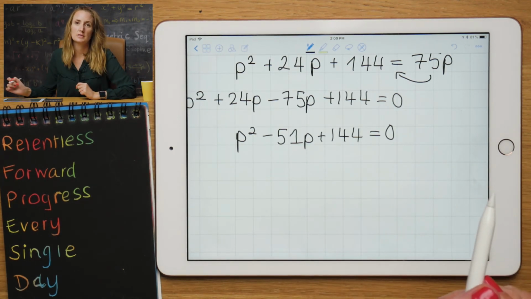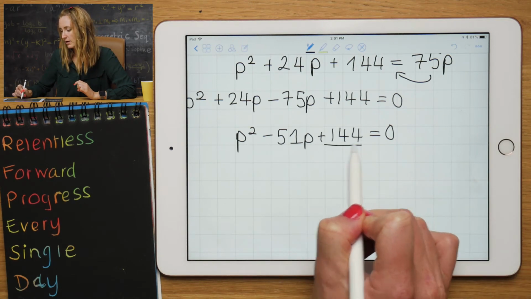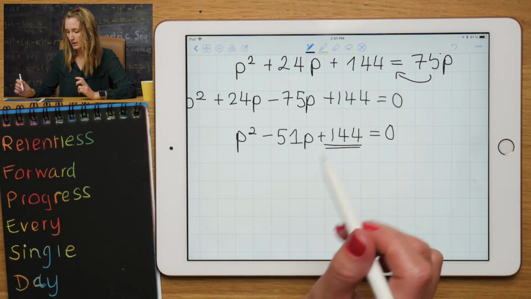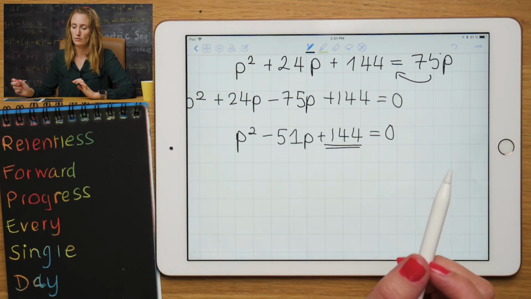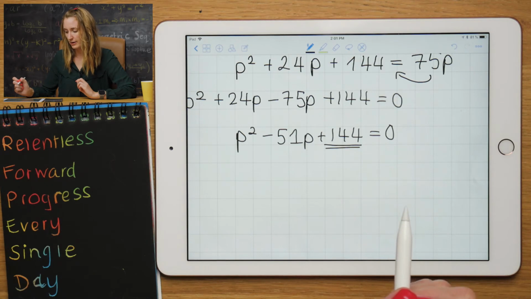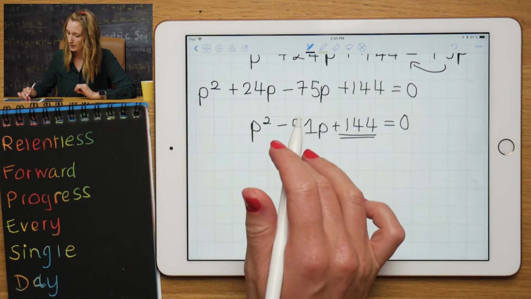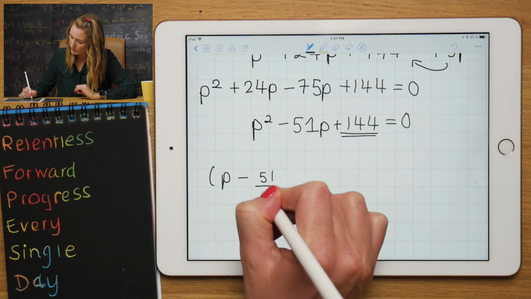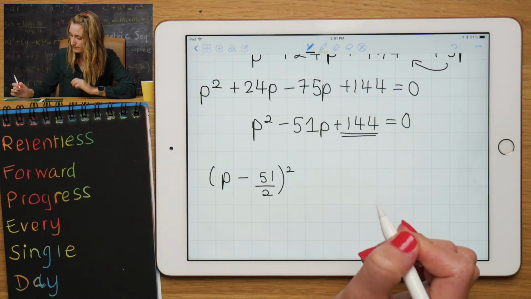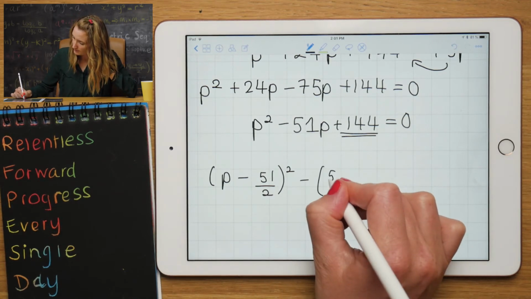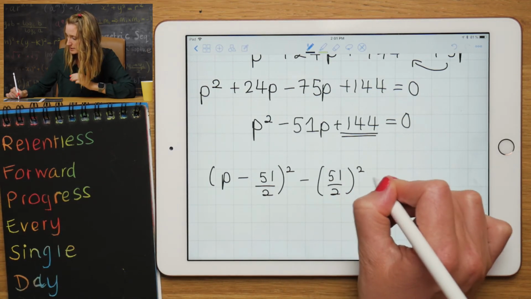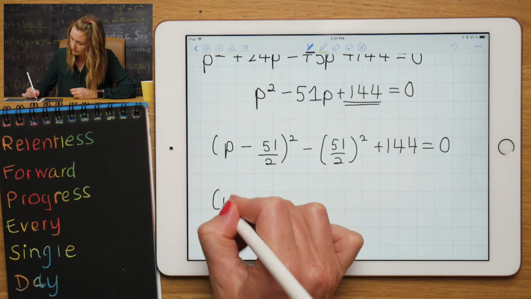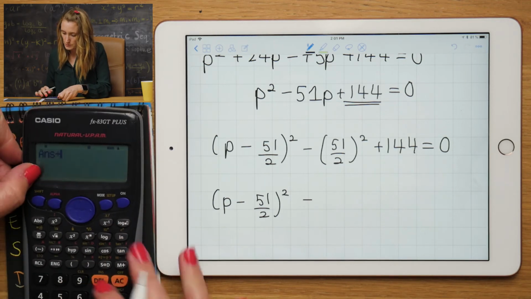You have three options here. You can look for two numbers that multiply together for 144 and add for minus 51. You can complete the square, or you can use the formula. I think personally I'm going to complete the square. So I'm going to say p minus 51 over 2 squared minus 51 over 2 squared plus 144 is equal to 0. 51 over 2 squared